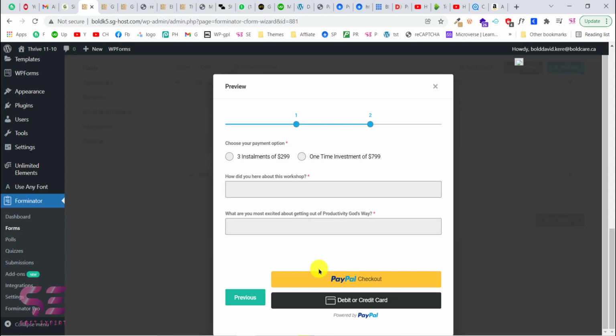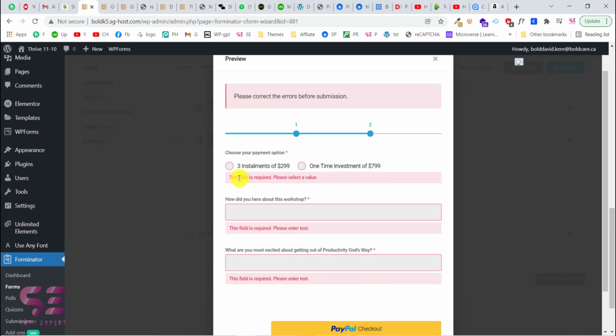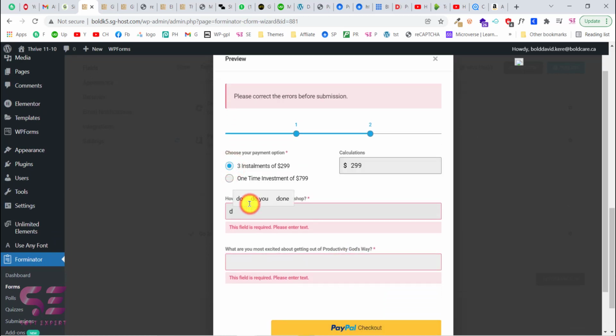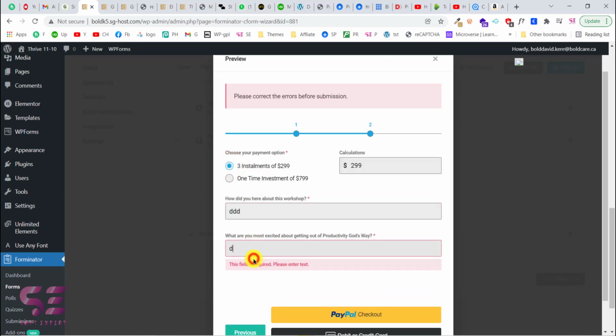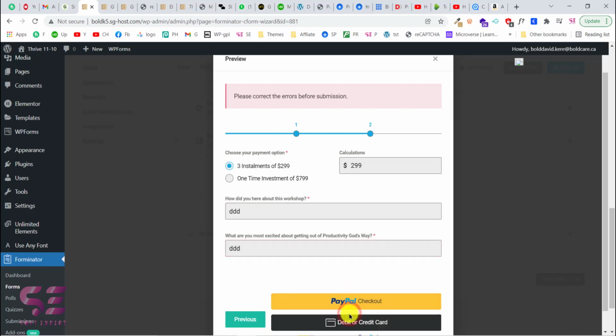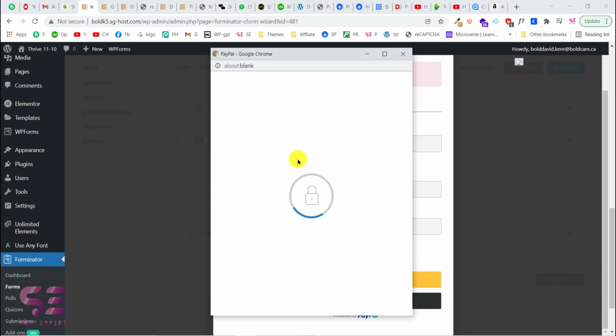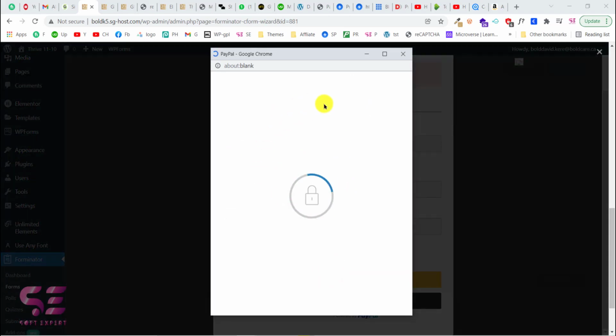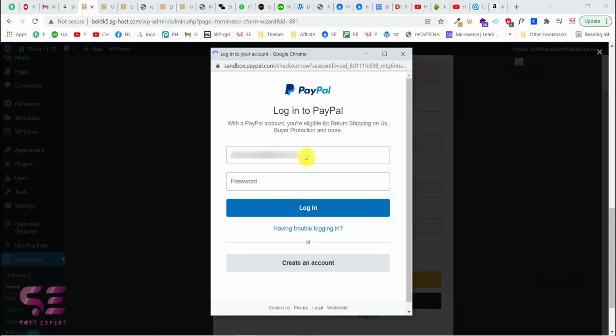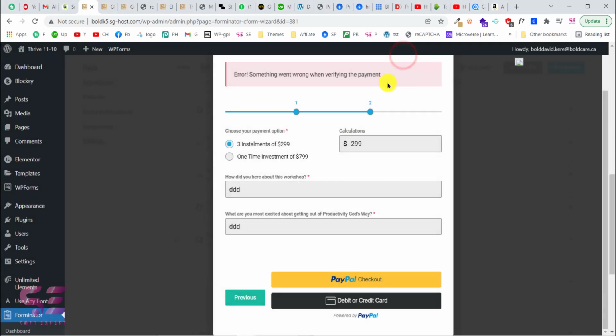here we can see that we have the PayPal checkout now. And if I click this, okay, these fields are also required. So PayPal checkout, and as you can see this will take us to the PayPal account where we can log in with our email credential and we can pay that. So this is how you can create a multi-step form with payments,